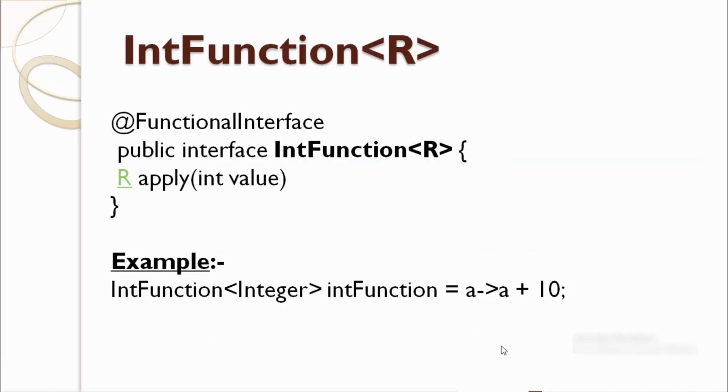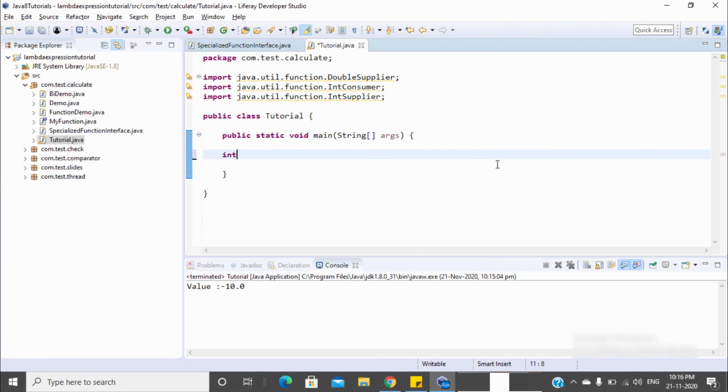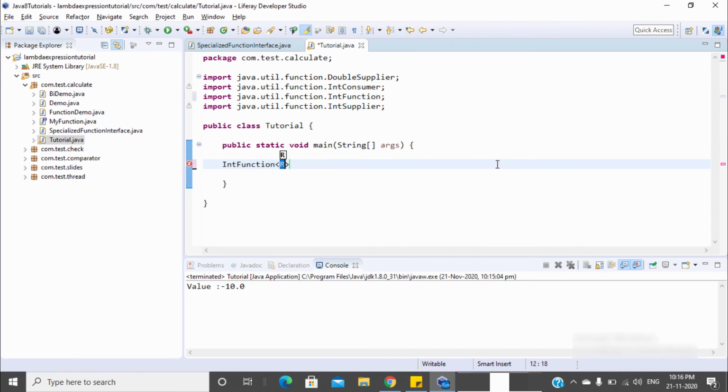This is the IntFunction. In the IntFunction, as you can see, there is R, but here R is the return type and the input value is always integer. Let's see the example of IntFunction also. This R is the return type and not the input type.